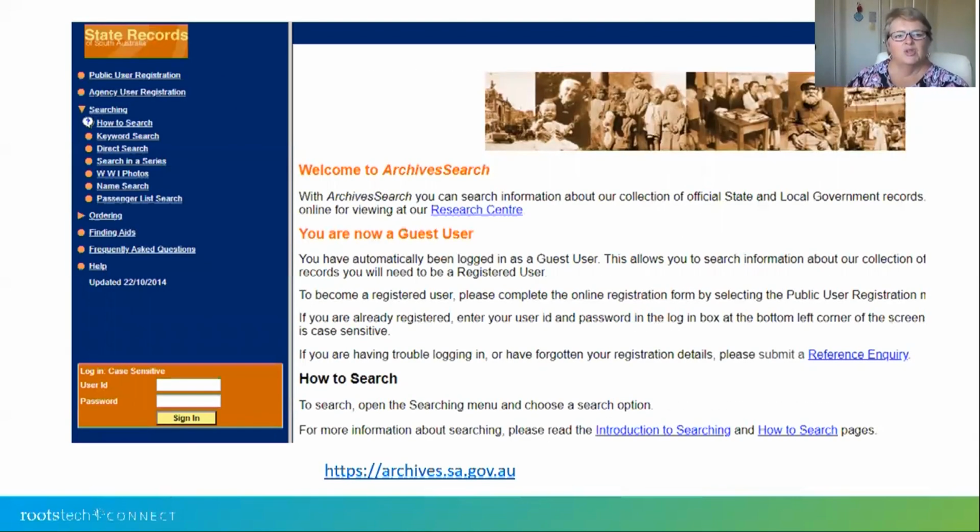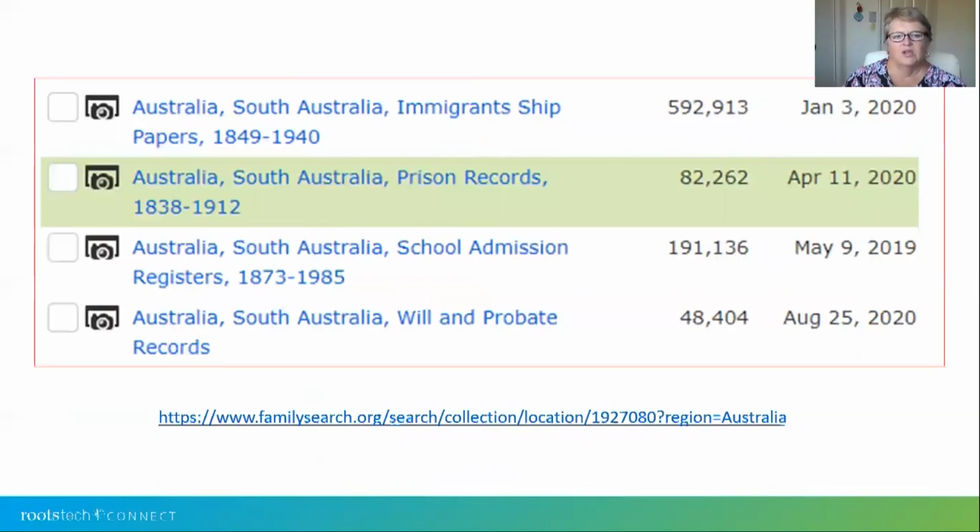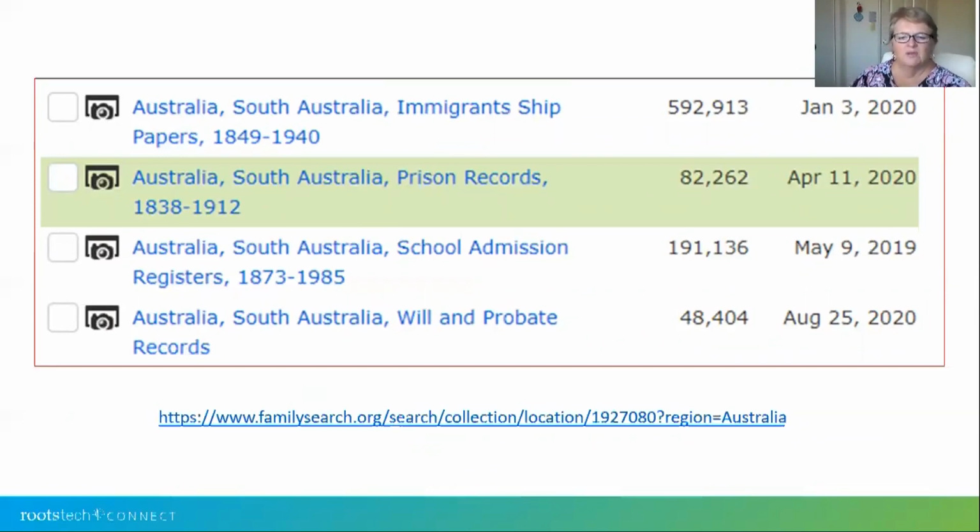This is a snapshot of the searching screen, and it is a bit clunky. It's a first generation database. Most of the other state archives have moved on and have moved to different platforms. This one is still very much as it was a few years ago. You can use it and you can find things, but as I said, the records that are digitised by FamilySearch,